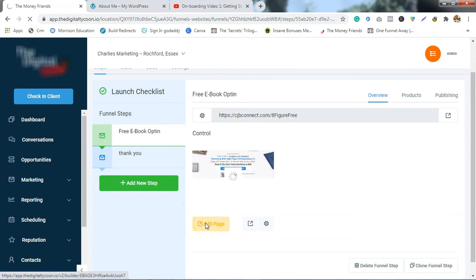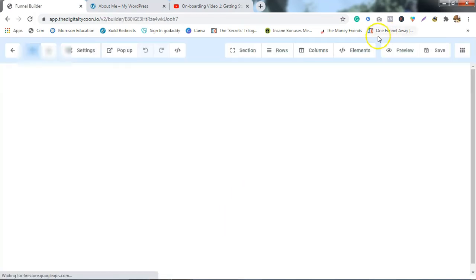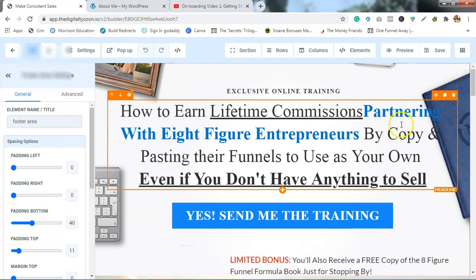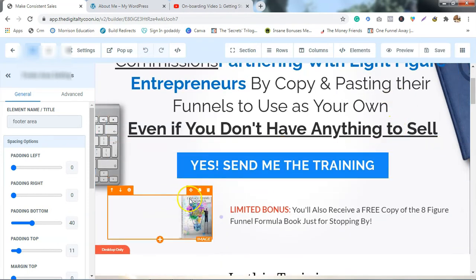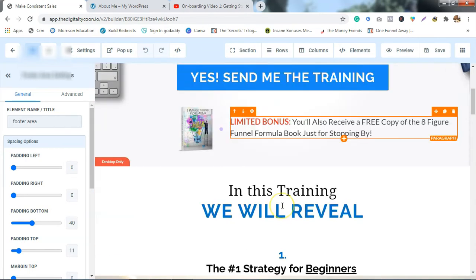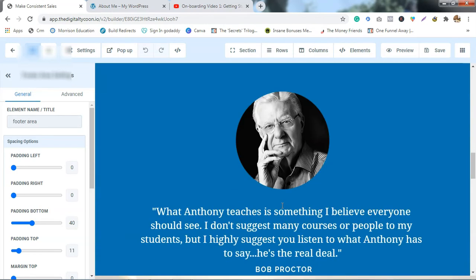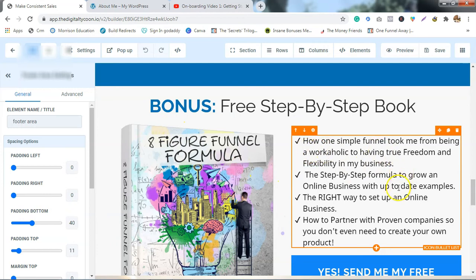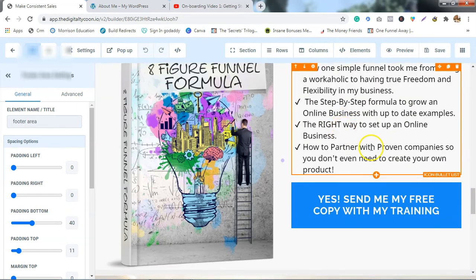To entice people in, I have a lead magnet here for a product that I promote, created by one of my mentors, so they can get a free book which talks about all sorts of different things. The 8-figure funnel formula, this is what it talks about, and so that's a great way